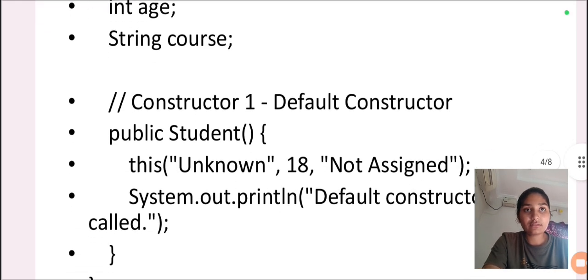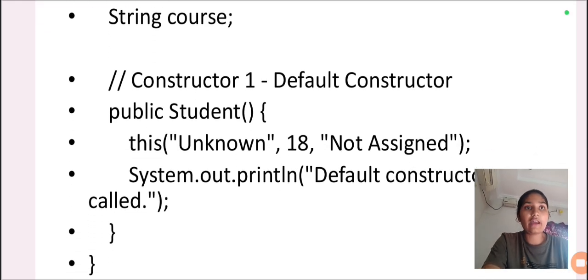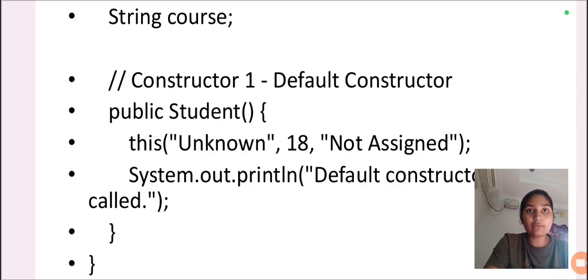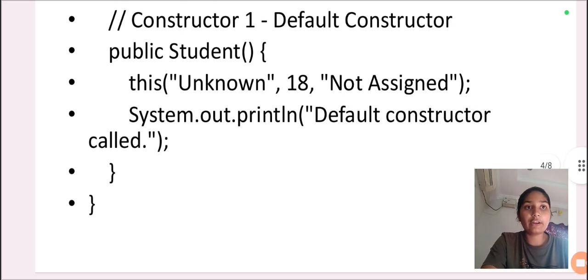Here we have a default constructor, public Student, which uses this keyword with the values unknown, 18 and not assigned. These are the parameters for calling the main